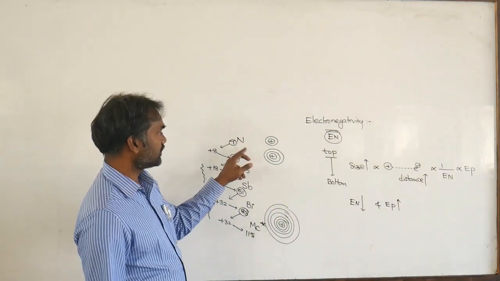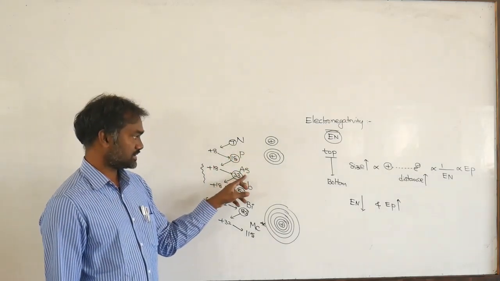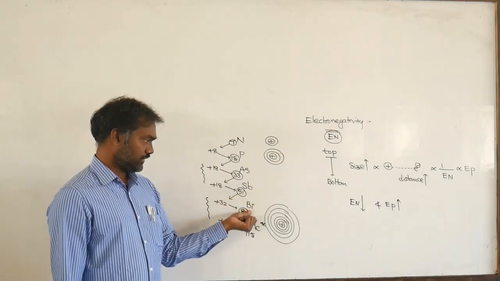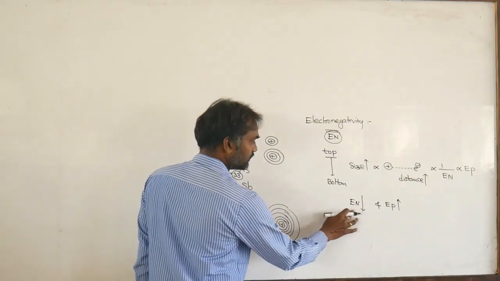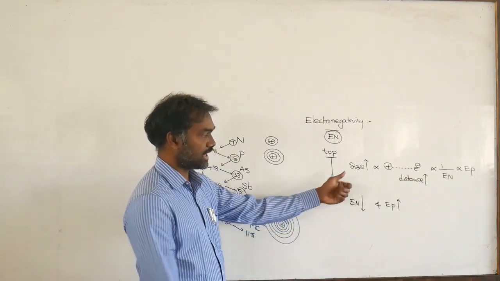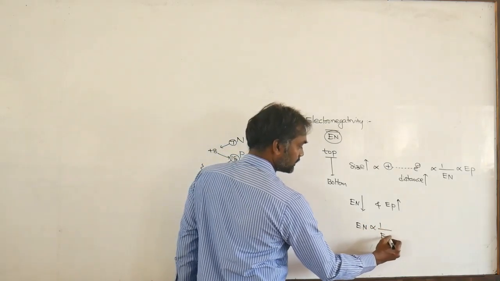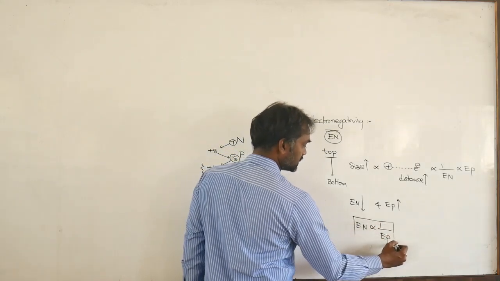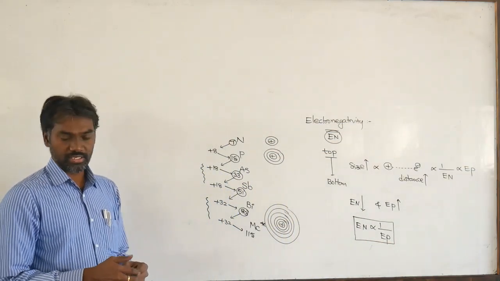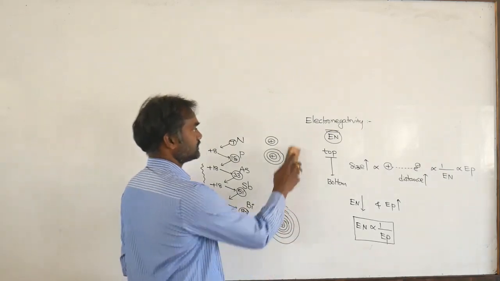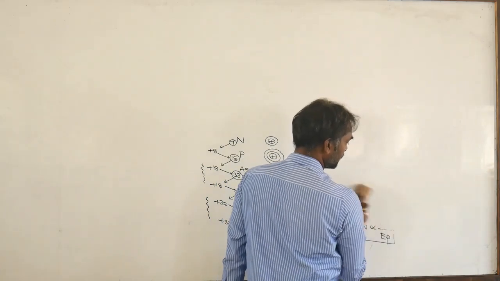Suppose you see nitrogen, nitrogen is showing 3. This is phosphorus, arsenic 2.5, that is 1.9, it is continuously coming down. So electronegativity continuously decreases. Automatically electropositivity increases because both are inversely proportional to each other. So top to bottom electronegativity gradually decreases. Electronegativity means the tendency to attract electrons.